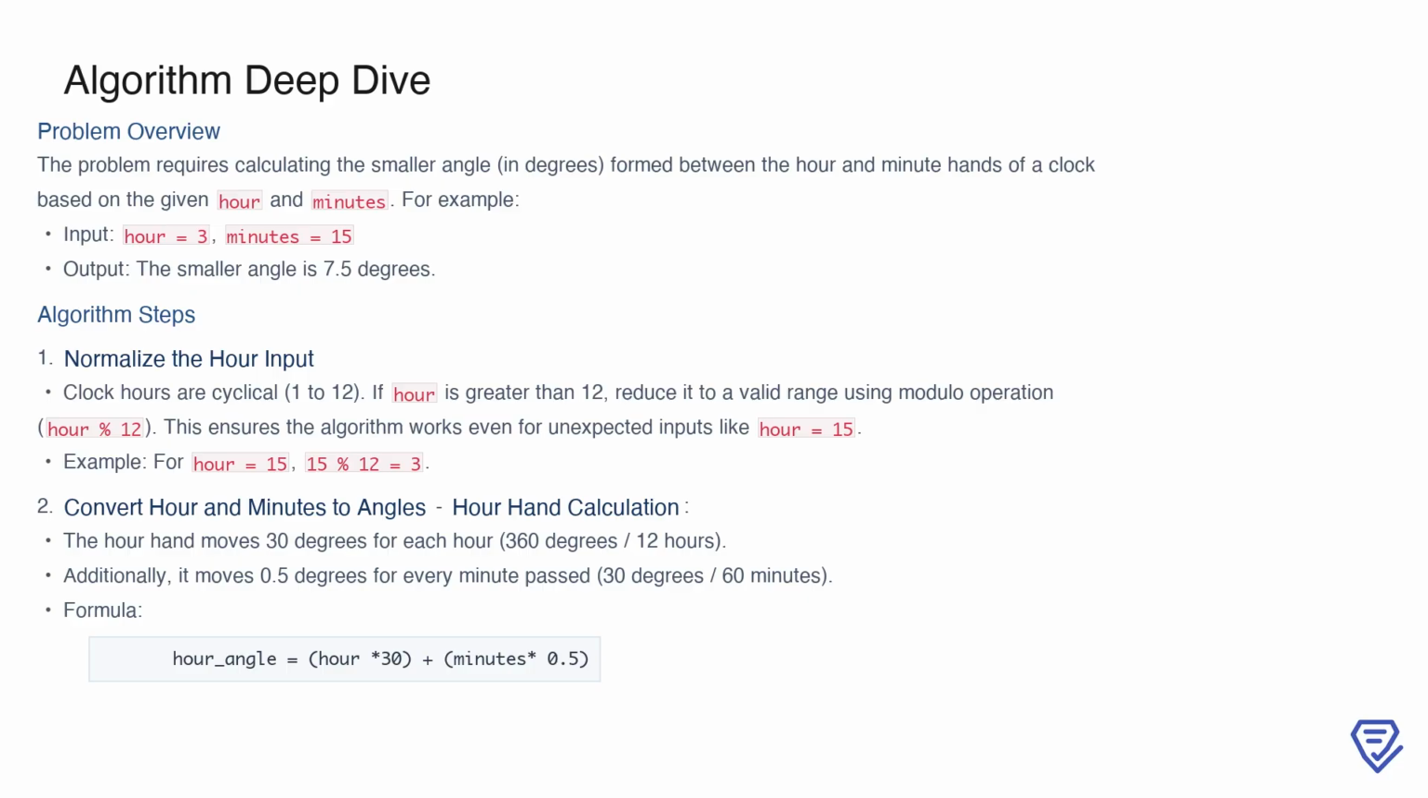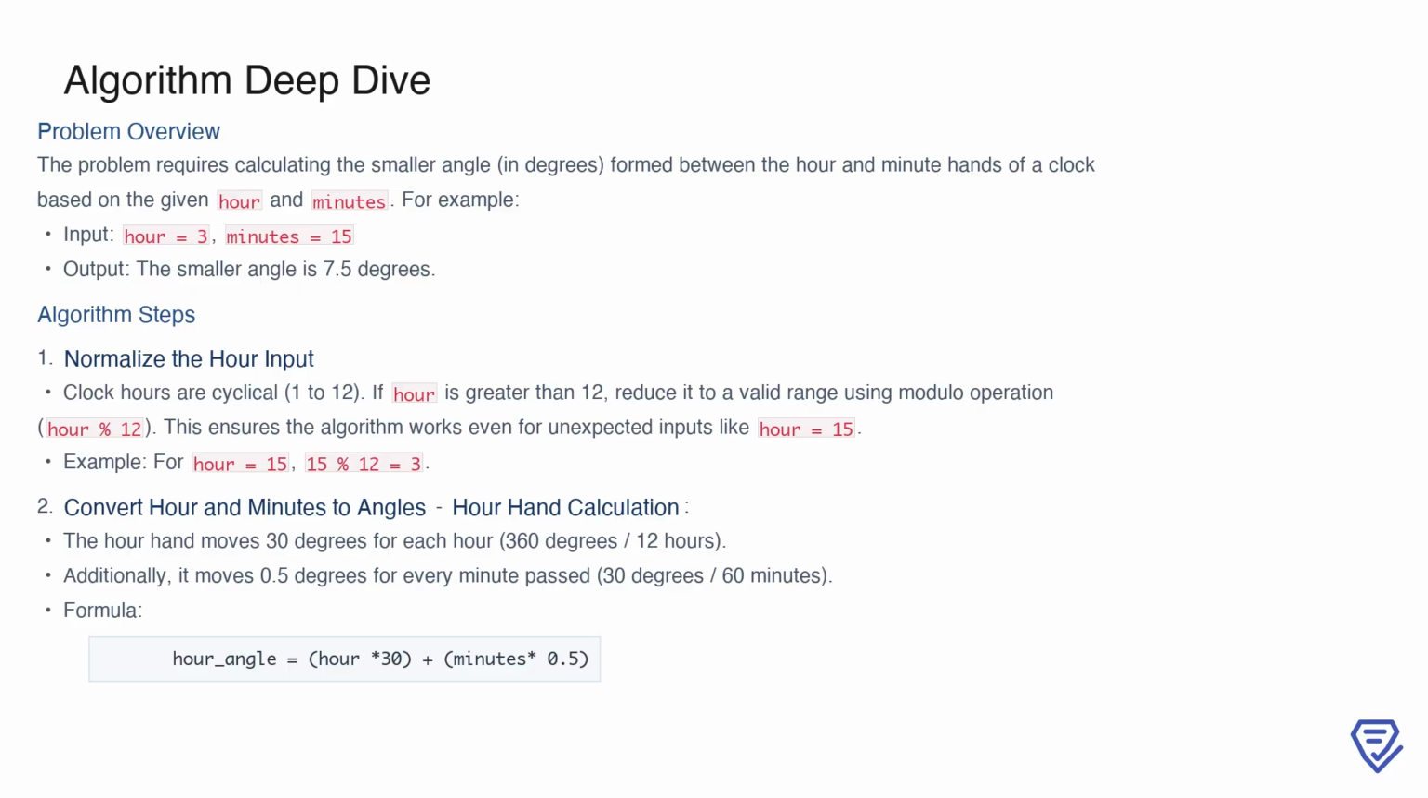This step ensures the algorithm handles any input, even unexpected ones like hour equals 15, which simplifies to 15 % 12 equals 3. Once the hour is normalized, we calculate the angle of the hour hand. The hour hand moves 30 degrees per hour, and for every minute that passes, it moves an additional 0.5 degrees. This is represented by the formula hour * 30 + minutes * 0.5. This allows us to precisely locate the hour hand's position on the clock face, considering both the hour and the